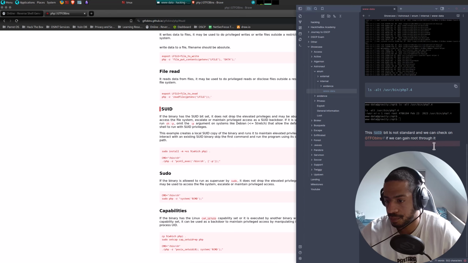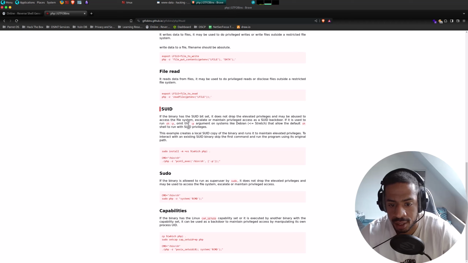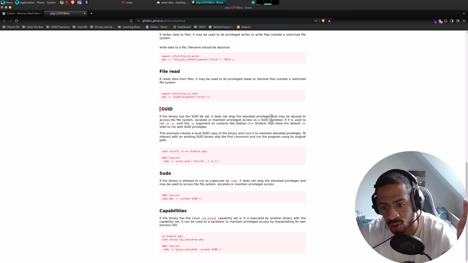Like that. And it says here that we can. Well, it's already installed, so let's try this. If the binary has the SUID bit set, it does not drop the privileges and so on. That's standard. It always says that.